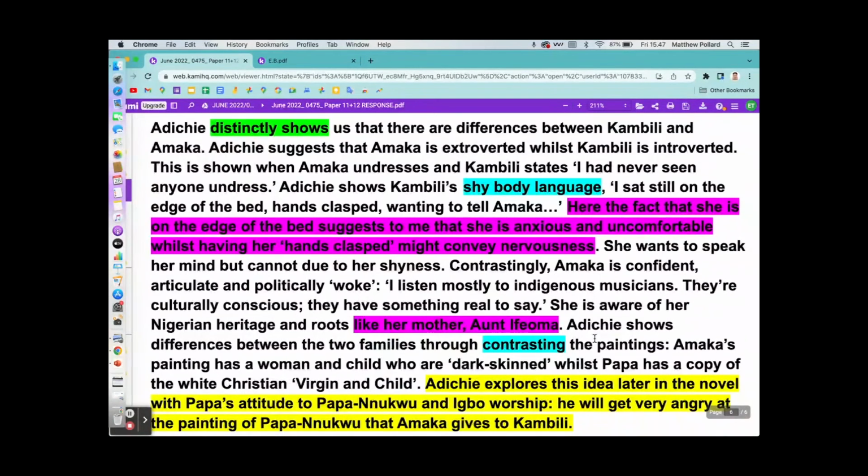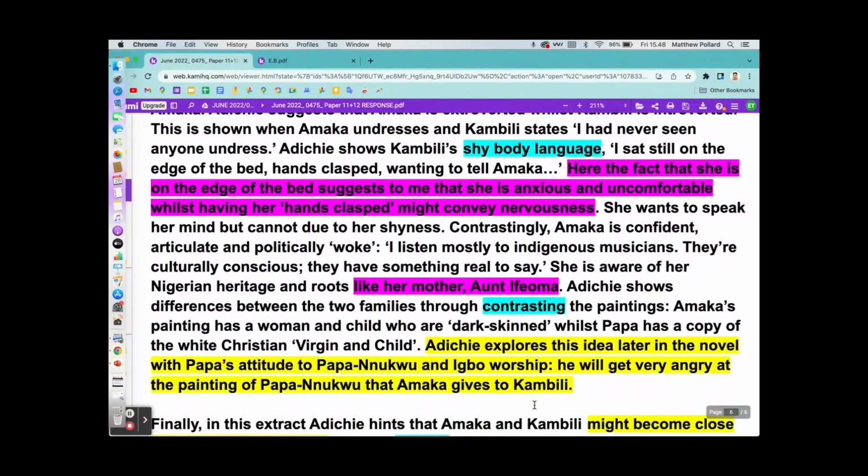Okay, so focus here on keywords in the question. You've got a couple of techniques here, I would say: the body language and the way that's presented, contrast as well. And you've got a reasonable amount of reading between the lines and personal response. Notice here "suggests to me", first person is fine. After all, AO4 is asking you to give a personal response. And also you're showing here awareness of the wider novel and why this moment is important within that context of the whole novel.